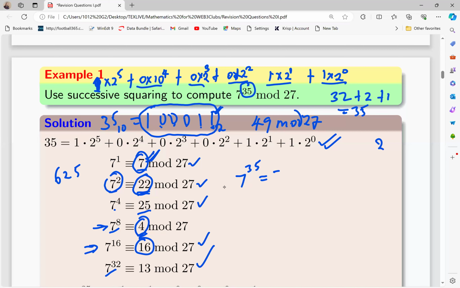So that means 7 times 1, then times 22 times 1, then times 25 times 0, then times 4 times 0, then times, so this part here,